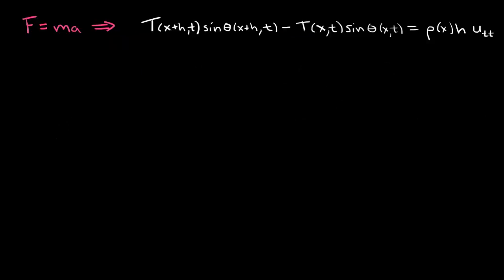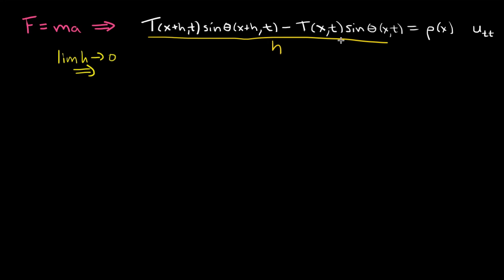All right, so I've rewritten the equation that we derived in the last slide, and our job now is to work with this equation and try to get it into something more manageable. So the first thing to do is to divide both sides by h. I'll divide by h, and we'll get rid of the h on the right-hand side. And you notice that this left-hand side now has the form of a difference quotient in x. I have x plus h, I have x, and I've divided by h. So if I take the limit as h goes to 0,